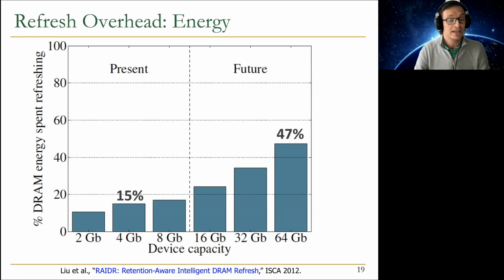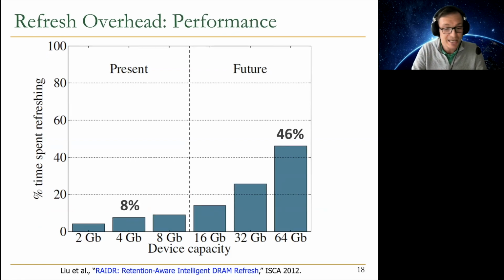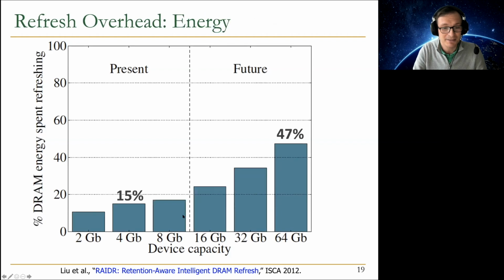spent on maintaining data. And it turns out, sorry about that, my computer has a mind of its own, it moved. But basically, if you,